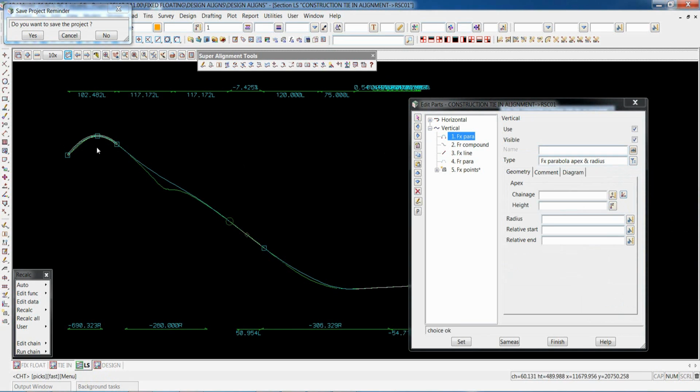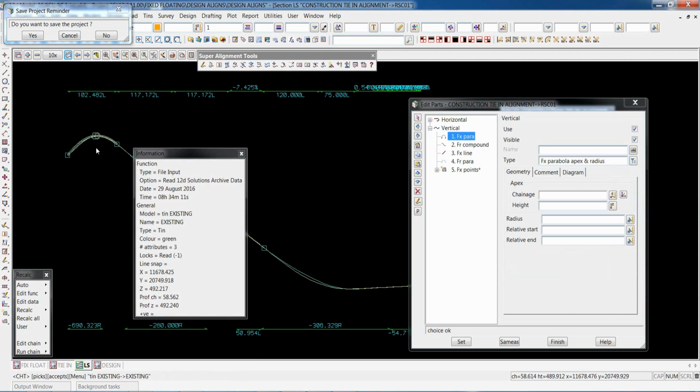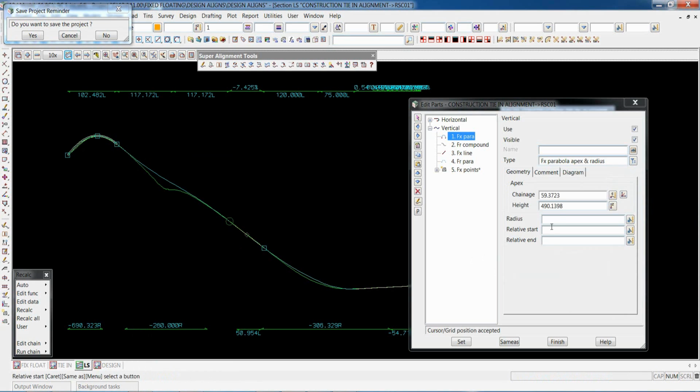We can select our point for the crest, and we can say our radius is minus 1800. We want to say minus 50 before and minus 50 after. They're just the construction lengths for the projection of the parabolic curve. And I go set. Notice that the radius here was a negative for crests, whereas down here it was 2400 for the sag.